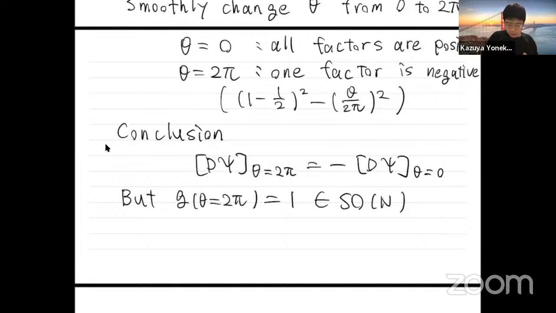So we expect that the path integral measure at theta equal 2 pi should be the same as the path integral measure at theta equal 0. But actually, we found that there's this minus sign. So this means that the path integral measure has a sign ambiguity. And so this is the anomaly,